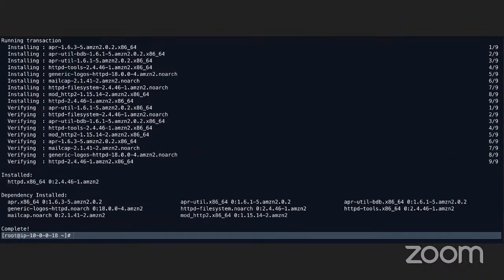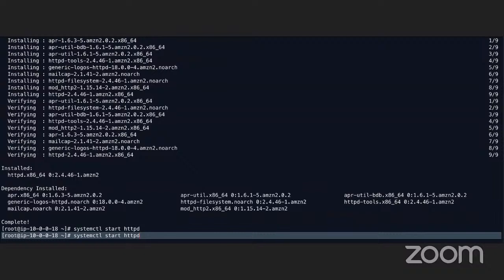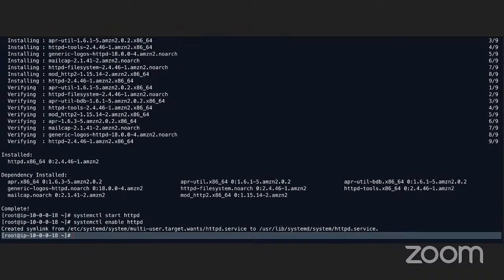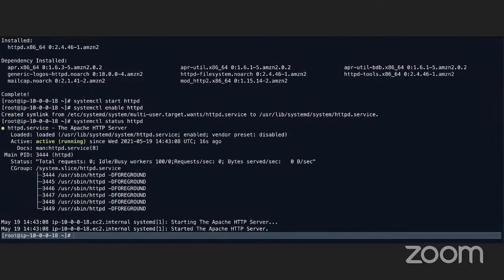Right? I can say systemctl start httpd and systemctl enable this guy, okay? And now I can check the status of the server, and it's active and running, right? So right now,